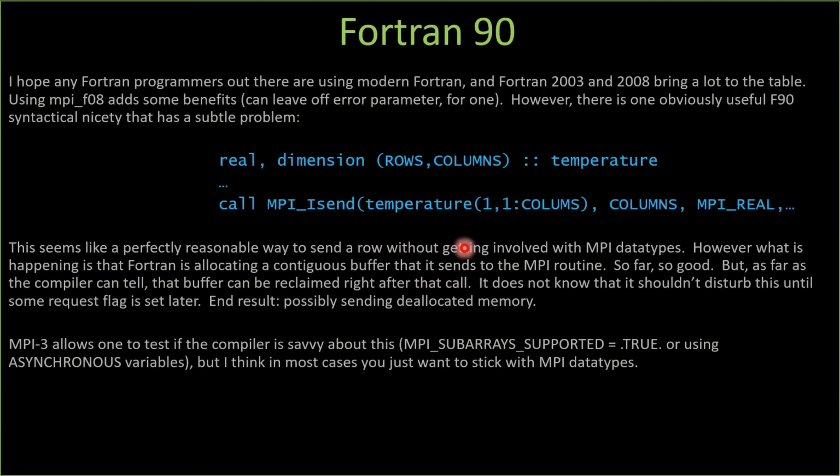The only problem is that this actually in Fortran results in a temporary copy being created behind the scenes, and the problem with that is that the temporary copy can get deallocated as soon as this routine comes back. Meanwhile, if it's something like an iSend, the data hasn't been sent yet and the temporary copy gets deallocated. So the bottom line is that if you're going to use array shaping and slicing in Fortran along with your MPI routines, you want to make sure that the MPI compiler is aware and savvy about it